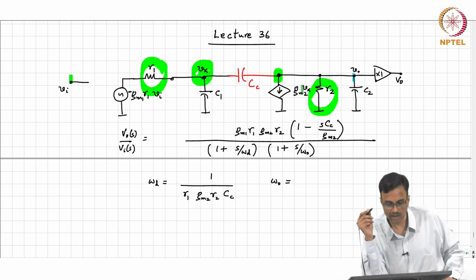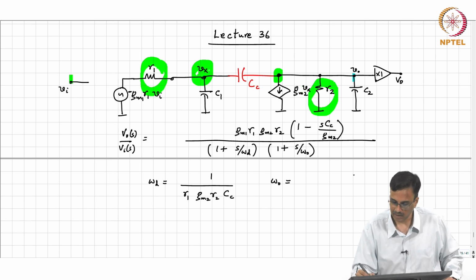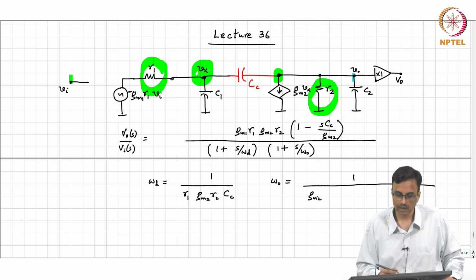The capacitive divider is that C1 and Cc in series, and so the effective Gm2 will be smaller. So the resistance looking at that node is basically 1 over Gm2 times,